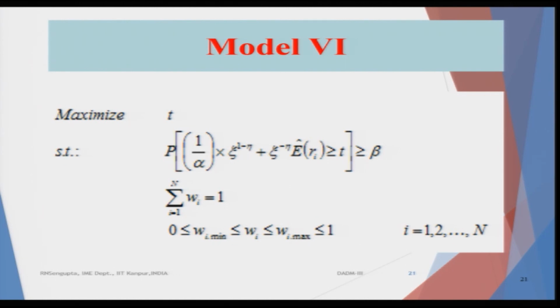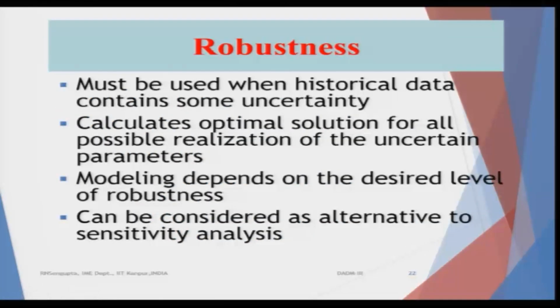We combine them using the Copula theory or the correlation coefficient, whatever it is. Then the return of the portfolio is greater than or equal to t, and on the right hand side again we have the probability beta 1 or beta 2, whichever way you denote. The second constraint is again the same thing, the sum of the weights is equal to 1, and the last constraints are that the weight of each and every stock is bounded between 0 and 1. We will solve a few of the problems in the robustness part, please have patience.